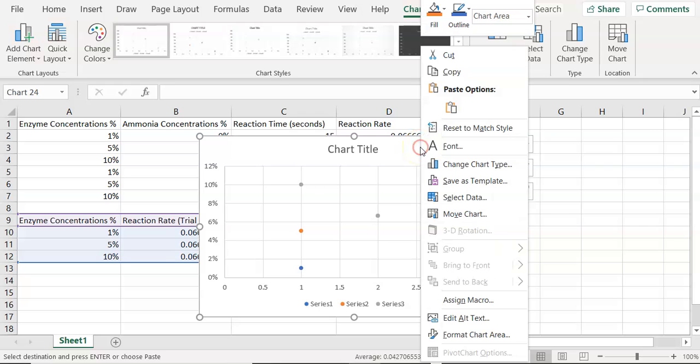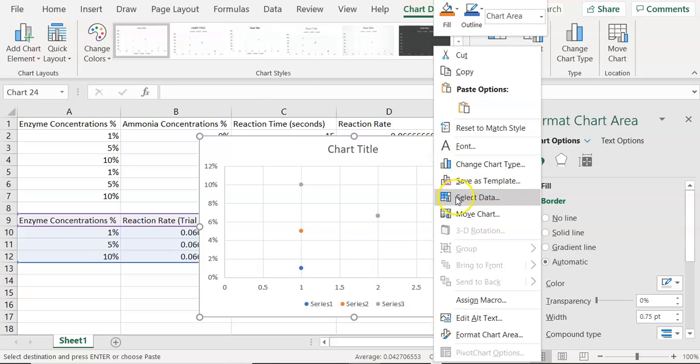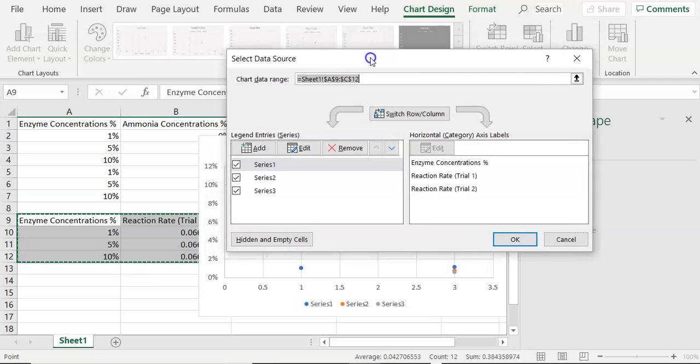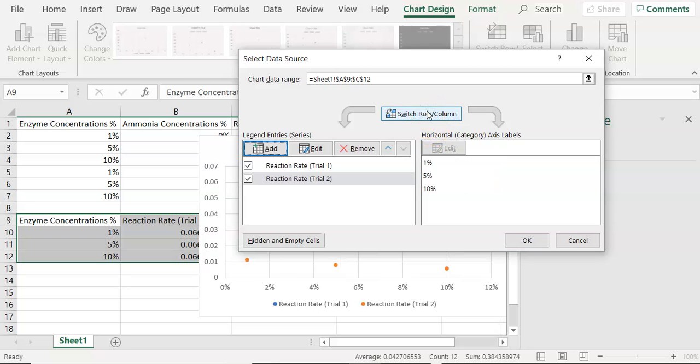What we're going to do first is right click and then do Format Chart Area. There you go. Oh, no, not sorry, Select Data, that's the one I want. Yes, sorry. So select Data. And we're going to try and flip this around. So we're going to get rid of that Series 3 first off, because we're not having Series 3 in there. And what we're going to do is do our enzyme concentration and reaction rate 1 and 2. We're going to switch the rows and columns first off,